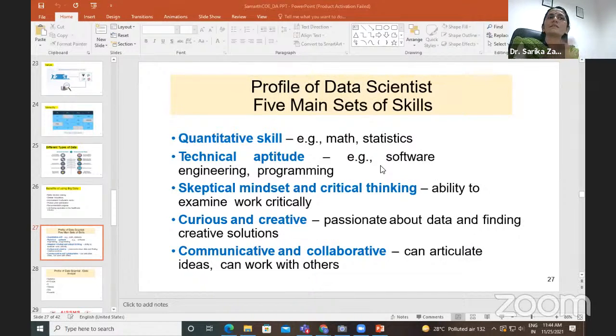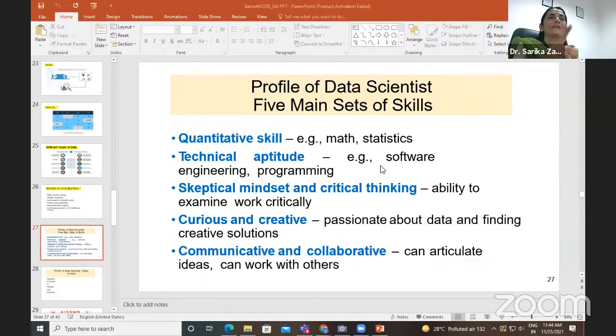And next is curious and creative. You are all already creative. I know this very well because the current generation is smart. They are very passionate about a task. Once they decide, they make up their mind, I will do that. How to do it? They have lots of sources. Only the direction matters: you must be in the proper direction, and know how to make proper use of the situation, so it will be possible.